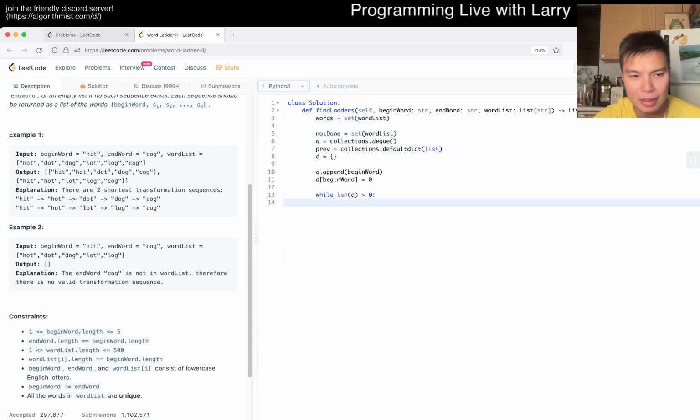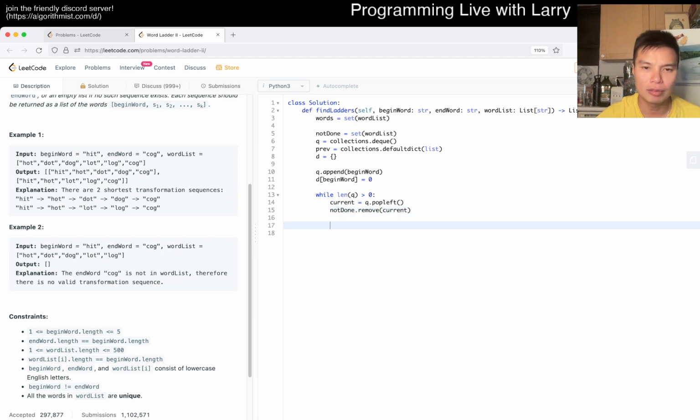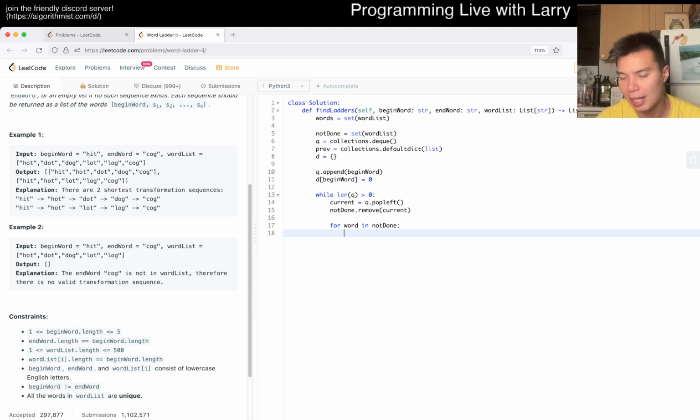And then when we parse it, current word is equal to q.popleft, and from not done we remove current. Then we can parse all the other ones by, for word in not done. The reason we want an extra one is, at least the way I was thinking through it, that multiple words can lead to the same words even before you relax it.